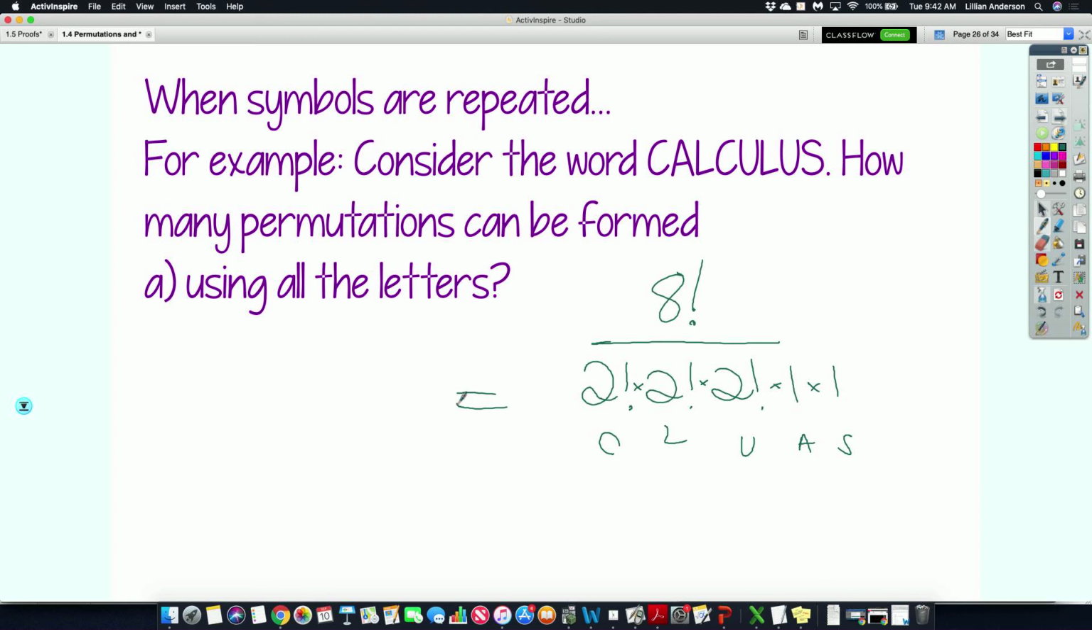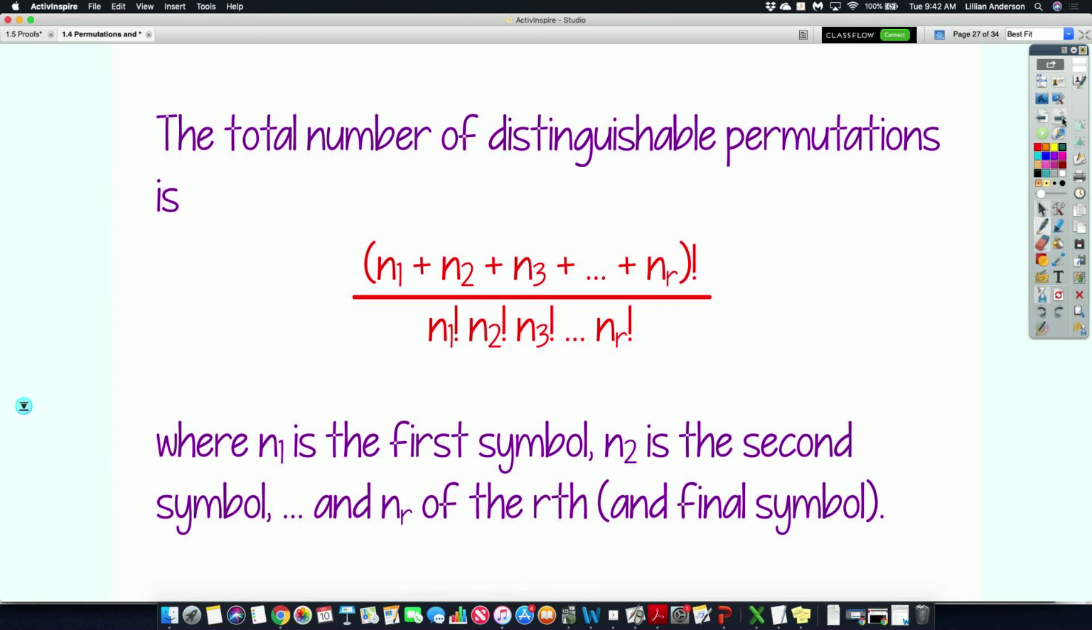I got 5,040. There's one way to do it. There's 5,040 different ways that you can arrange all the letters. Because that U, the first U, is the same as the second U. It's not like one's a capital and one's lowercase. Same letter. That formula to arrange the total number of distinguishable permutations is what you see there in the